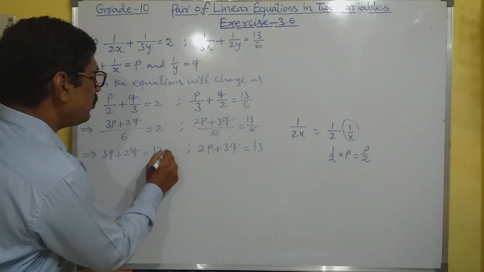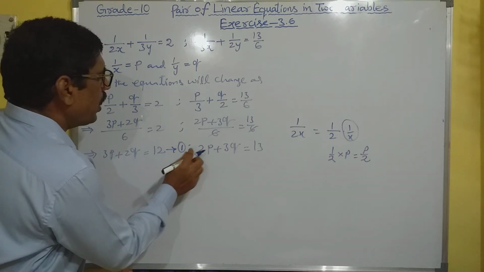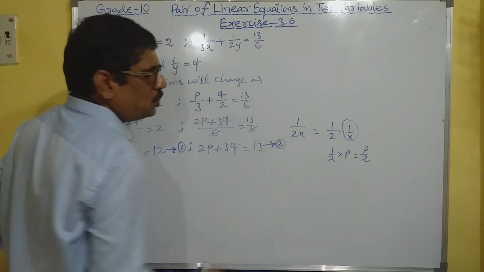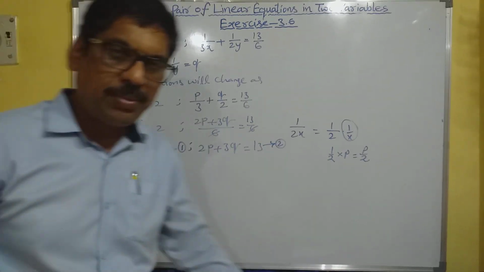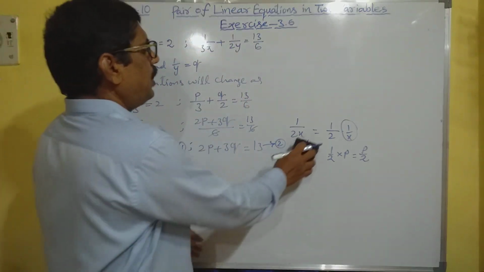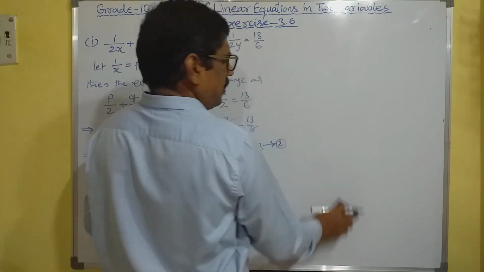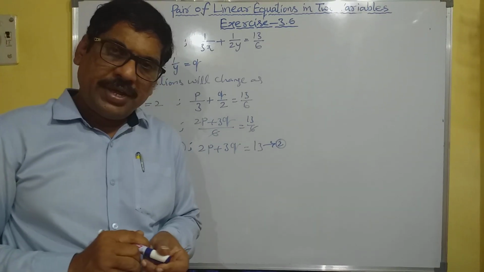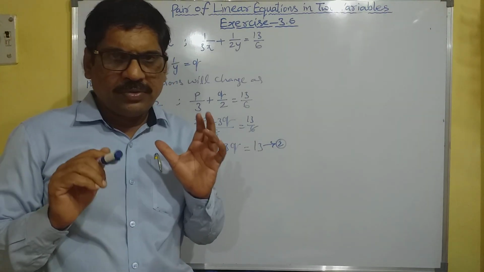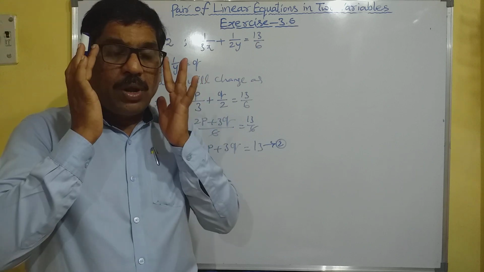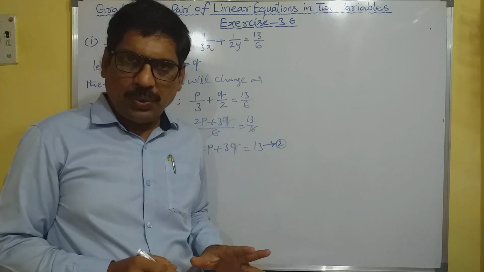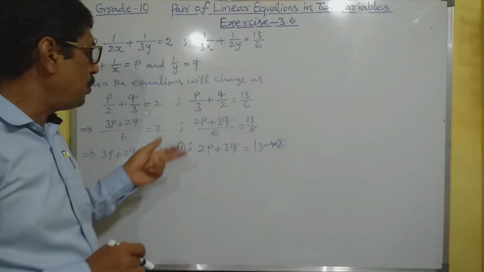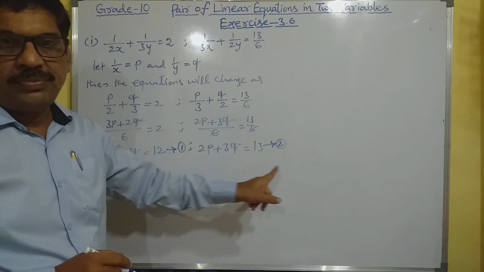Now let us take the first equation as 1 and this one as 2. Did you understand up to this? So we have taken the variables present in the denominator, x and y: we have taken 1 by x as some other variable p and 1 by y as another variable q. So by substituting 1 by x and 1 by y as p and q, we got this form.